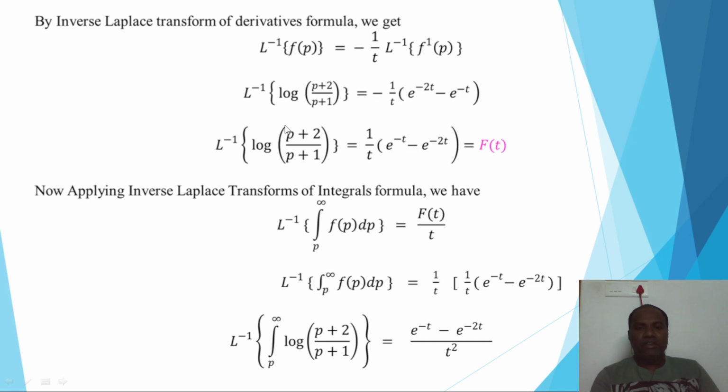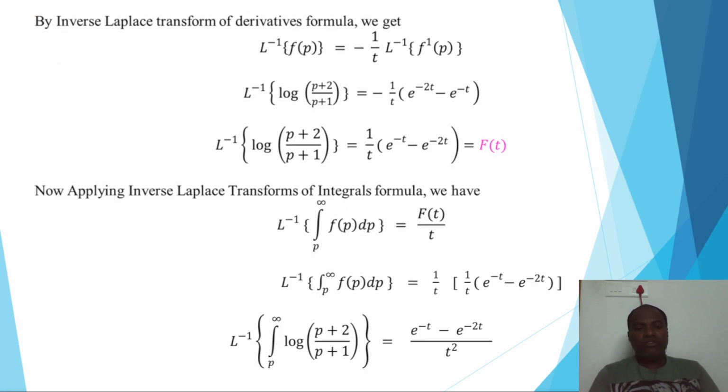Therefore we take minus common, so 1 by t into (e power minus t minus e power minus 2t). This is the solution of L inverse of log of (p plus 2) by (p plus 1), which is equal to 1 by t into (e power minus t minus e power minus 2t). That is called f of t. This is shown in the pink color, f of t. Now